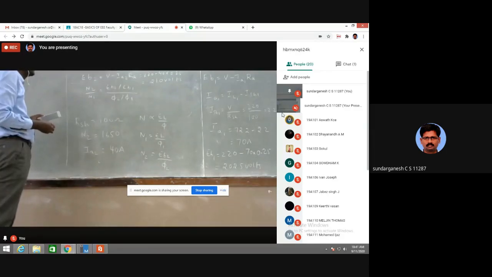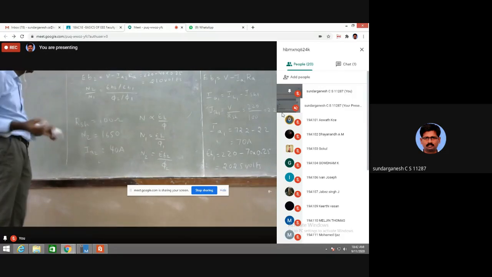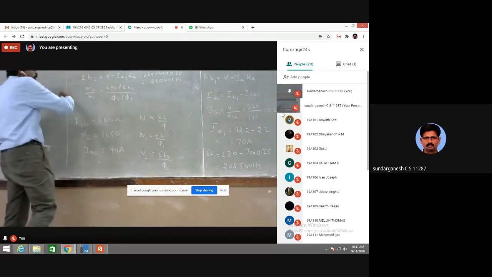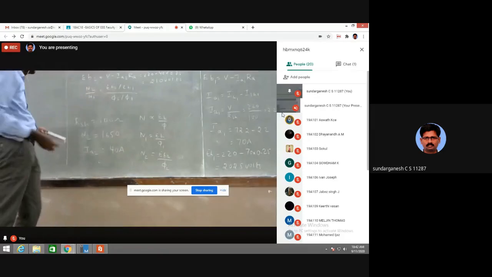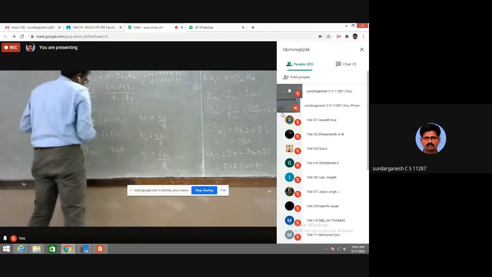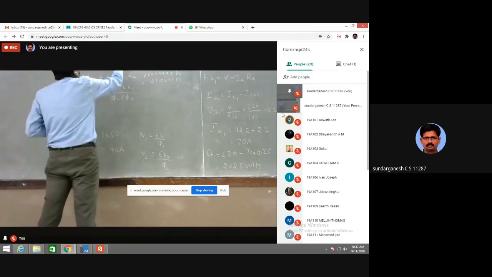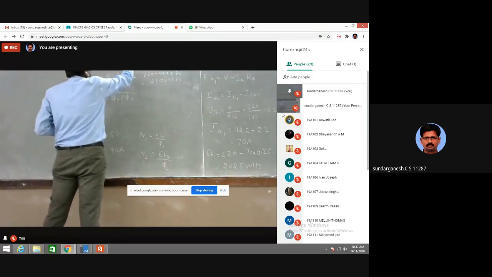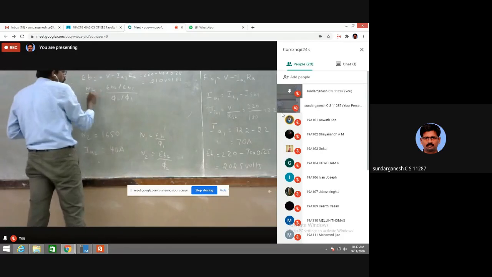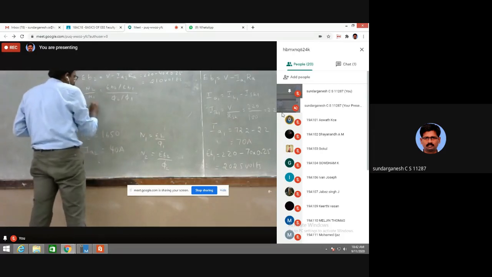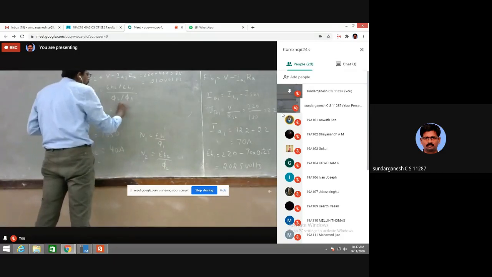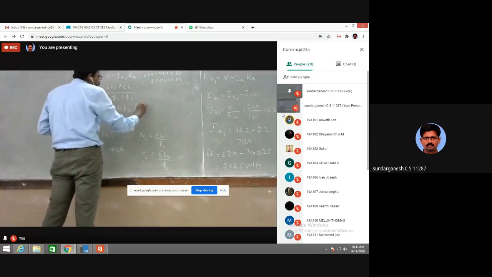I want the reduction in flux, so I am moving phi to this side and N2 by N1 downward. So phi2 divided by phi1 is equal to EB2 divided by EB1 by